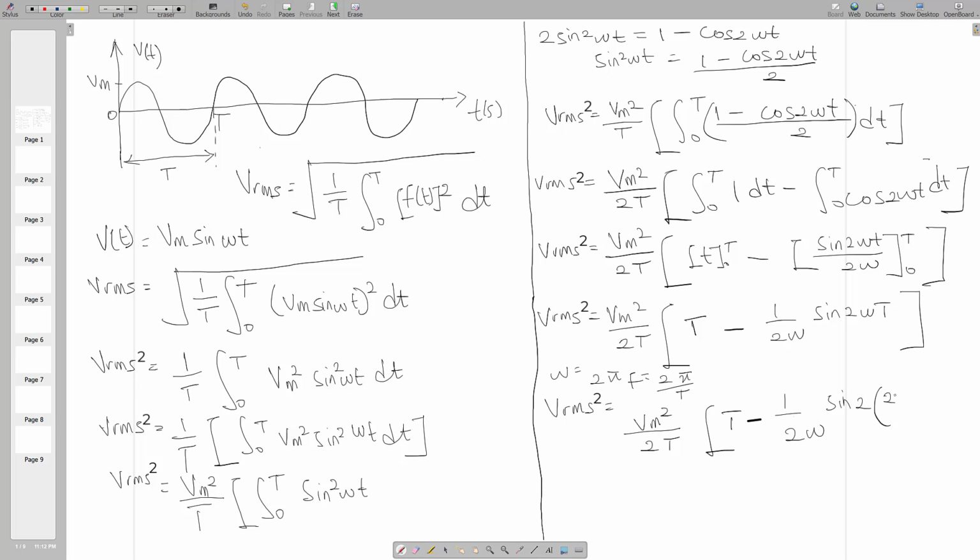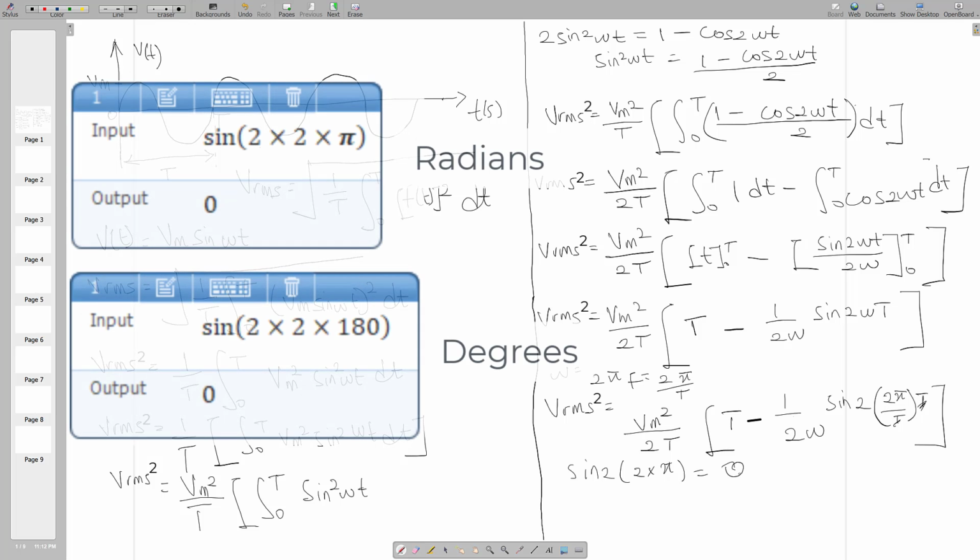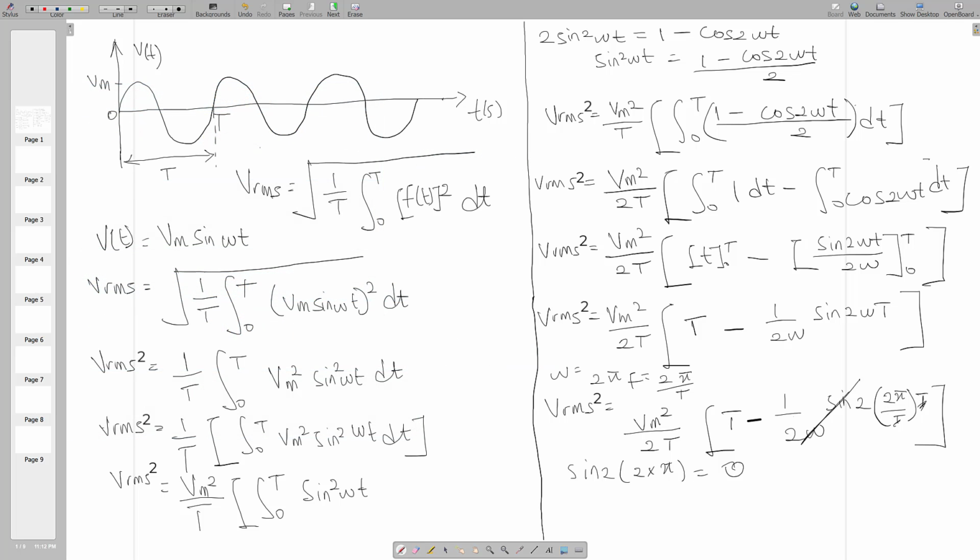So we are replacing the omega with 2 pi on t. But we have this t over here. You see that this t will cancel this t. We will be left with just 2 pi. But we know that sine 2 times 2 times pi will give us 0. Sine 2 times pi is 0. So it means this part of the equation will be equal to 0. So then we will be left with just